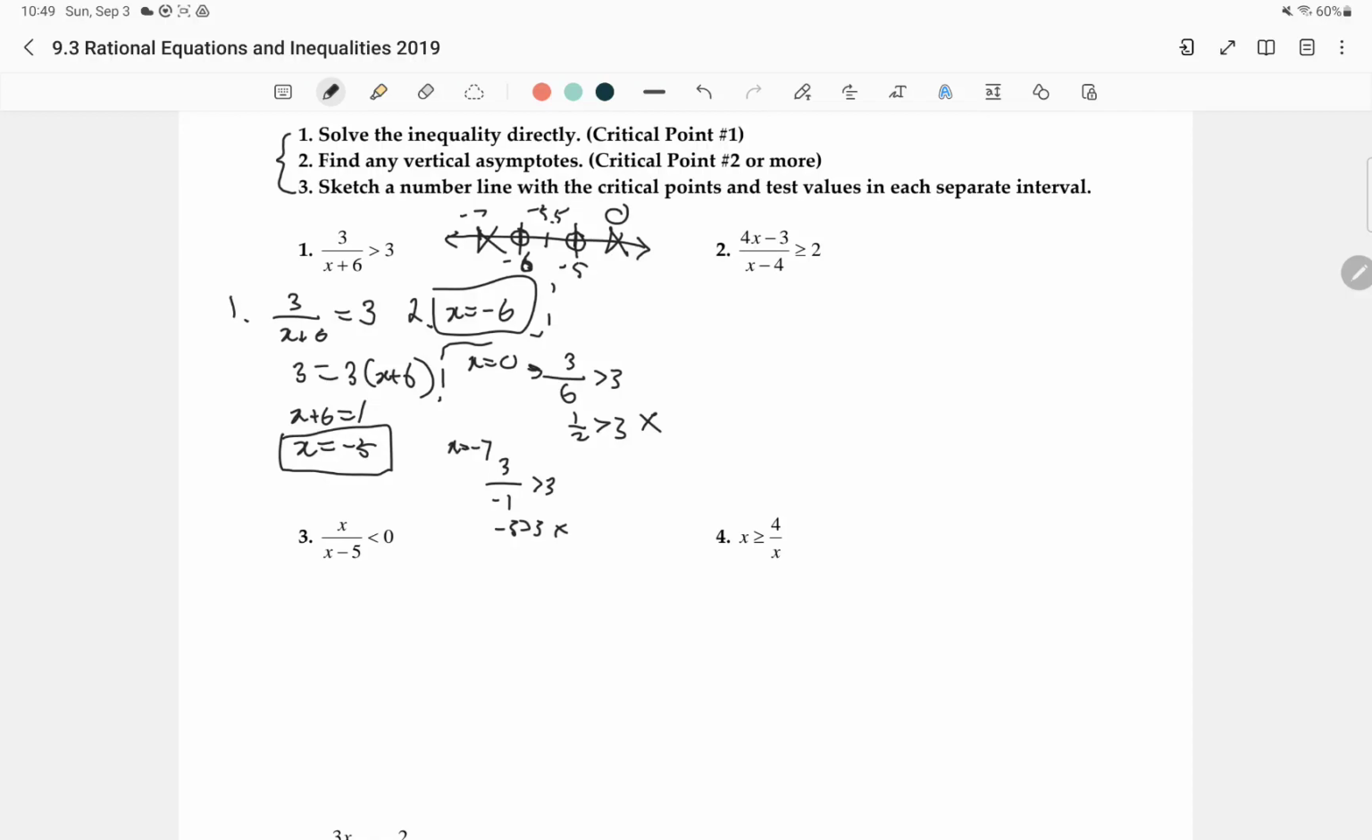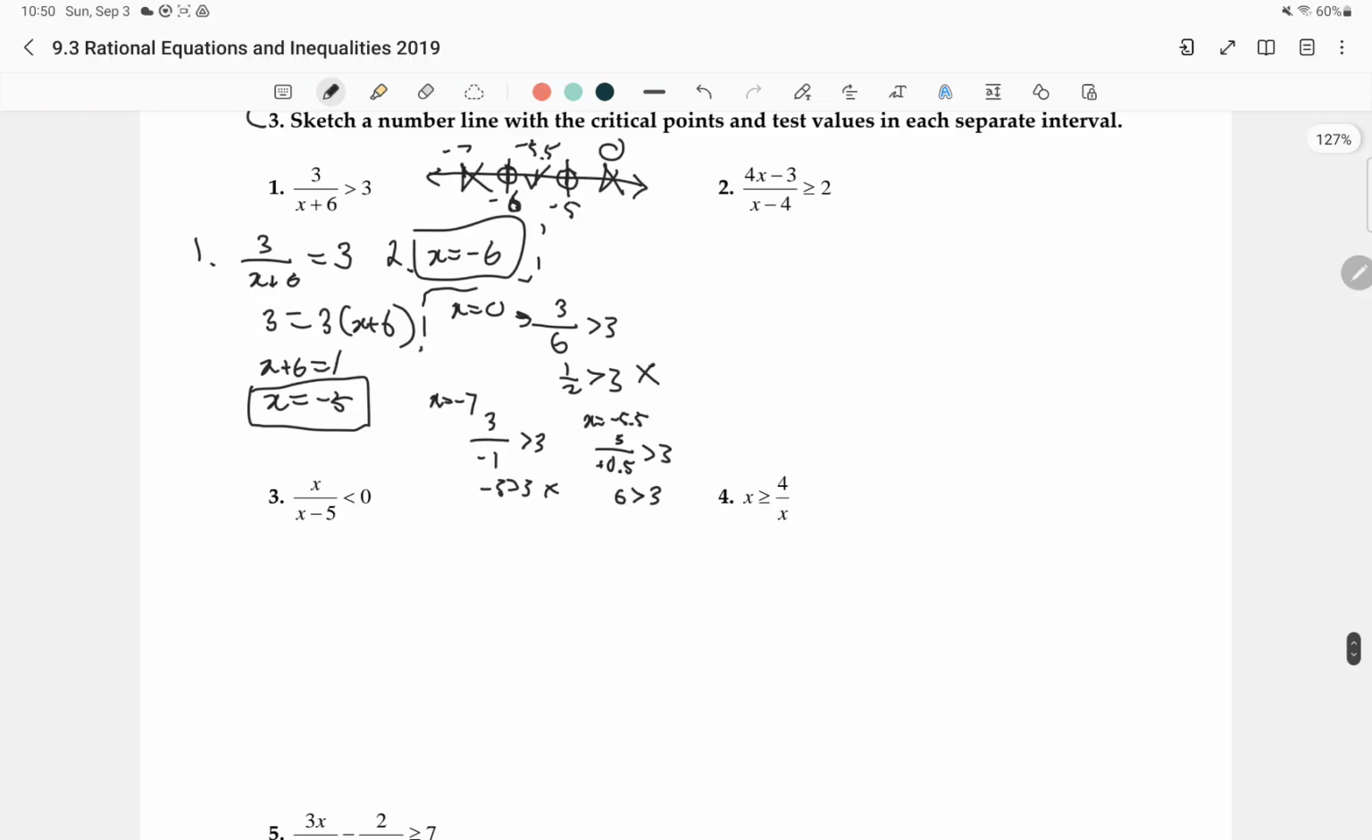And if we use -5.5, we get 3 over -5.5, which is going to give us positive 0.5 greater than 3. We know, and obviously we know that 6 is greater than 3. So this middle area works, which means our final